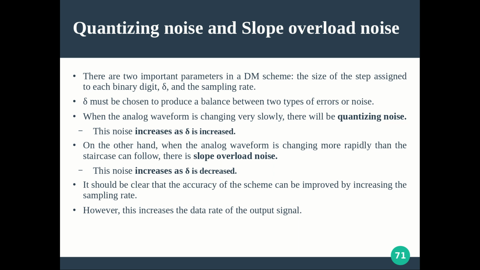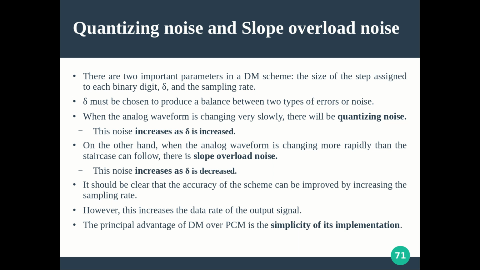Just like we took in the previous part, say 8,000 samples per second, 1 bit per sample, gives 8,000 bits per second. Similarly, if you increase the sampling rate from 8,000 to some 16,000, performance will be higher, but at every sample interval we have to generate 1 bit. That 16,000 or whatever, that many bits per second you are forced to send. So the data rate will increase if you increase the sampling rate. That is applicable for PCM also.